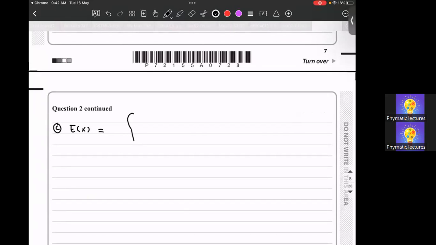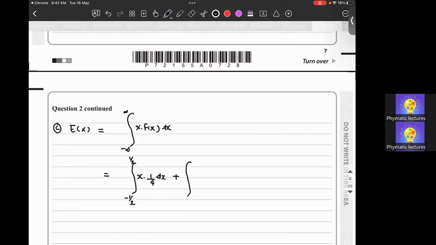So what is the formula? Integral from minus infinity to infinity of x into f of x. That is the formula for finding the mean. So minus 1 by 2 to plus 1 by 2, x into 1 by 4, because 1 by 4 is the function, into dx,